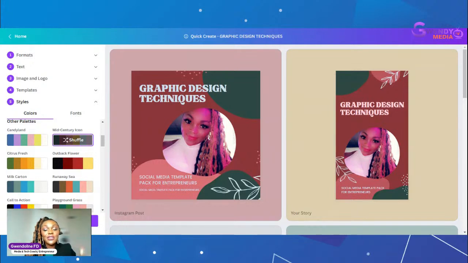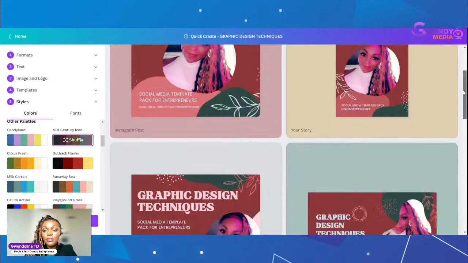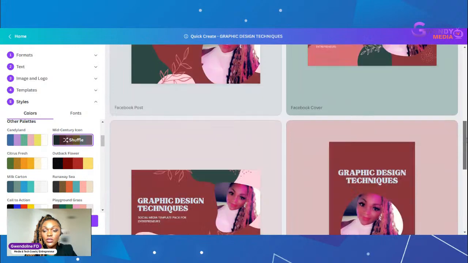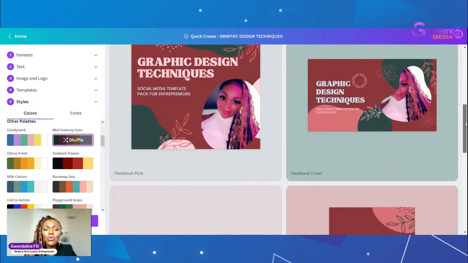So you guys see that you can customize it any way that you want, depending on your brand colors. As you can see, this is so easy and beautiful. My God,